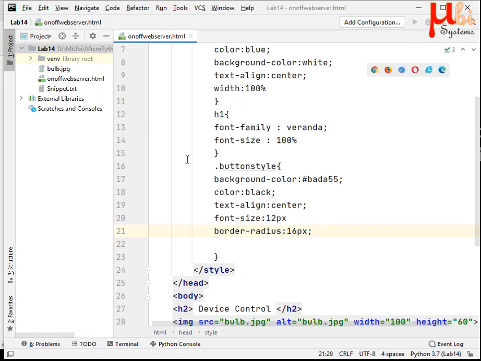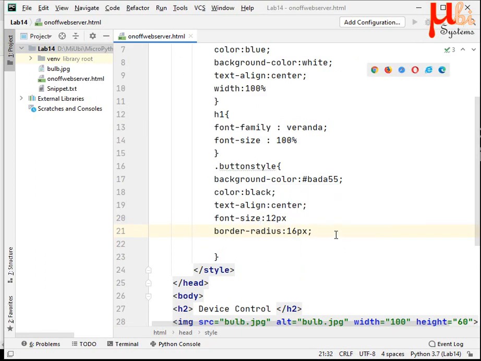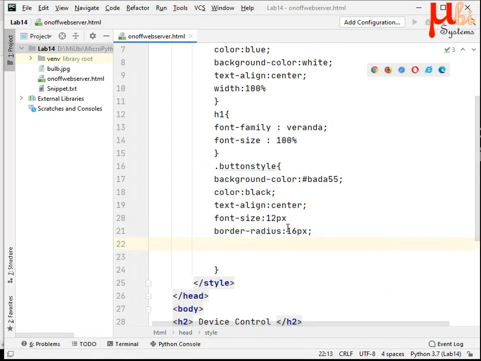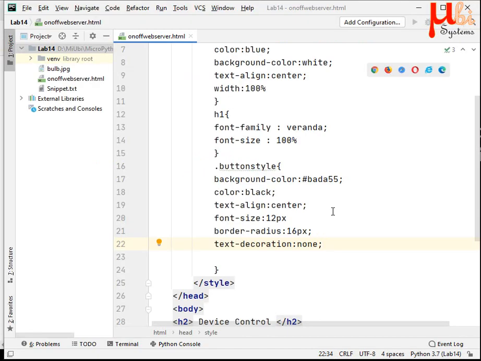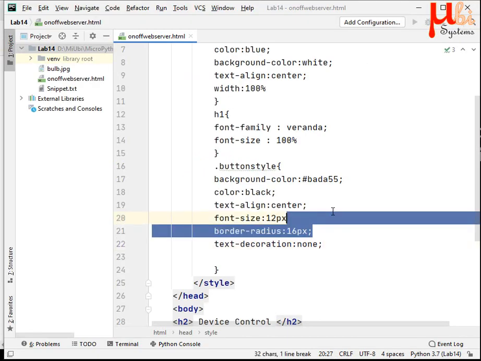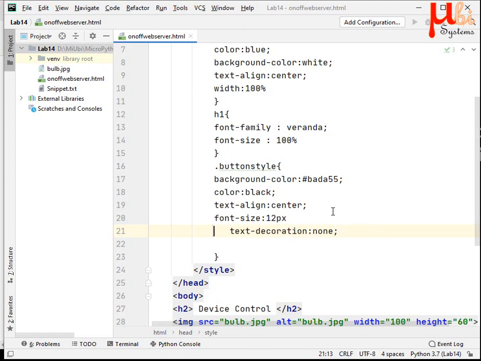There is something wrong. There is an underline you are seeing. I wish to remove that underline, which after searching more I was able to get. We have to make the text decoration none in order to overwrite it. Yeah, that underline is gone. Now it looks pretty good. I can just remove this border radius. I'm not sure why it is working, why it's not working, sorry. If I remove this border radius, what is happening?